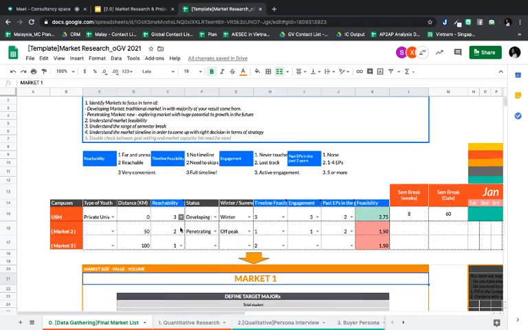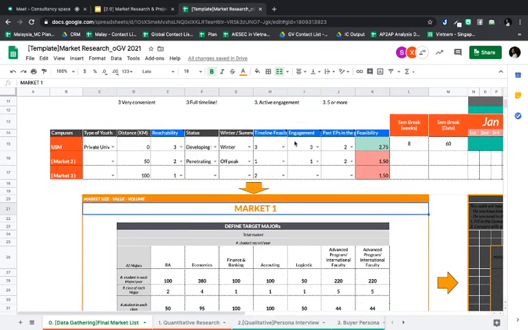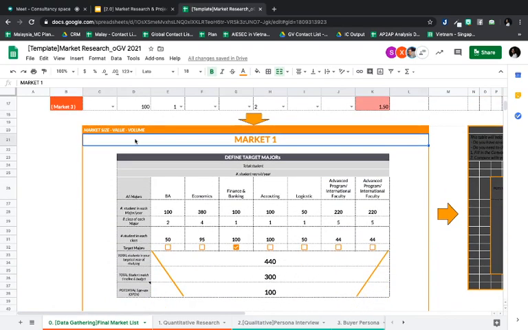Later will be the whole understanding of market size, value, and volume, where we understand, in that market, let's say Taylor University, how many faculties it currently has, and in those faculties, how many of them we can actually target to go on exchange in terms of GV.